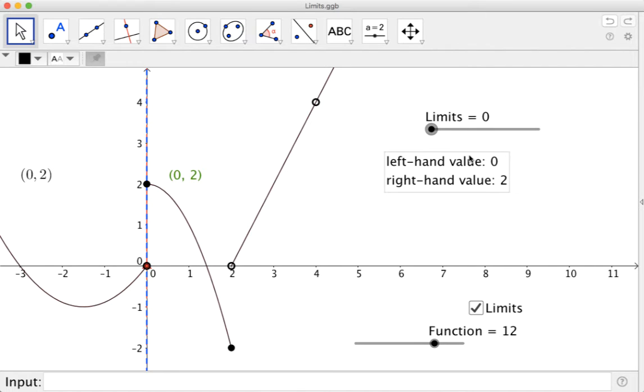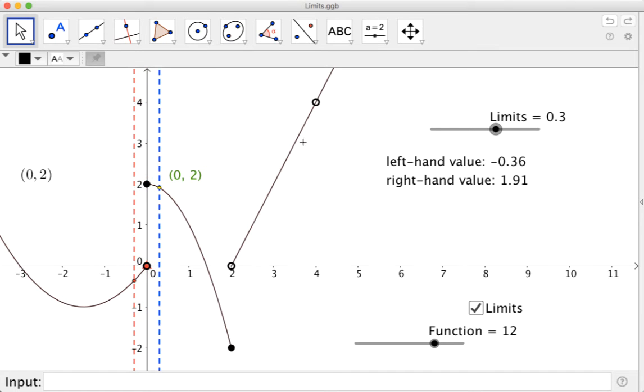The reason? The left-hand value equal to 0 and the right-hand value equal to 2 differ from each other. And we can see that when we look at this discontinuity here. There's a jump from the value when x is less than 0 up to the value when x is 0